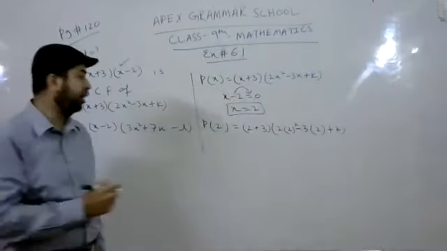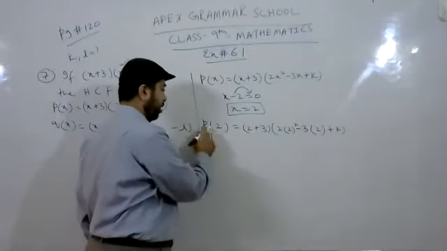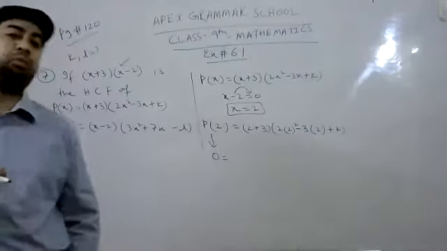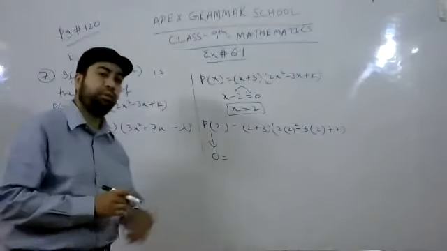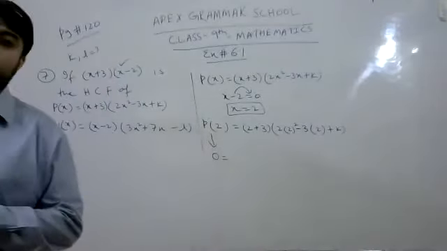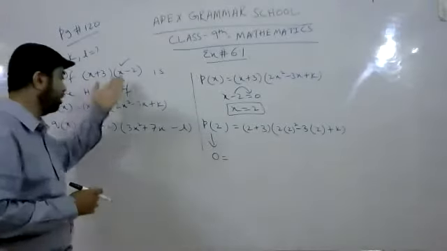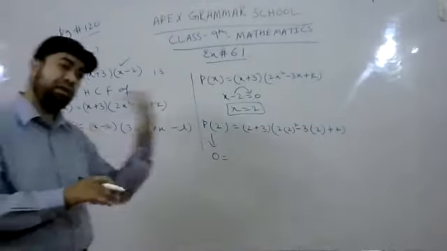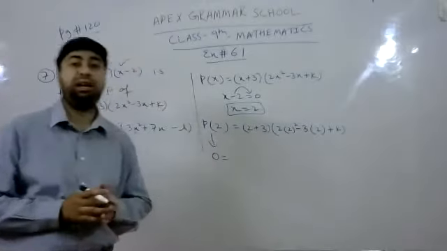Now I am writing here 0 instead of t of 2. Now think about it. Why am I going to write this as 0? I have already told you that these are the factors. Factors means its remainder will be 0, its answer must be 0. So I am writing this 0 because